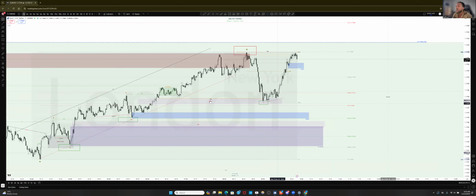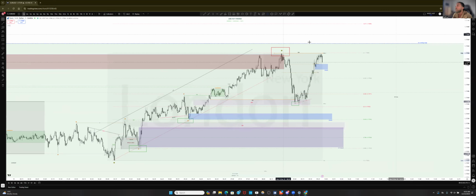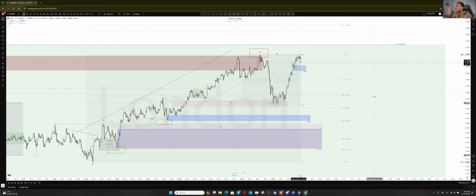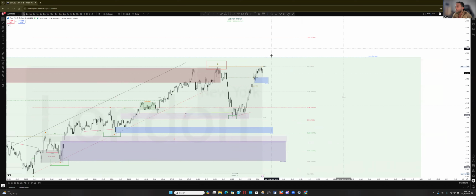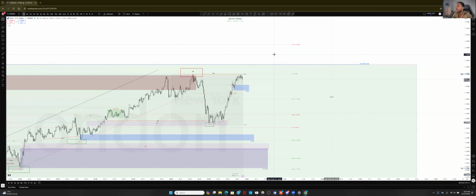But price came, took these equal lows, induced into this imbalance, and then pushed up again, reached this high. This is going to fail, probably inviting early sellers once again. Might react from this zone here, did this inducement, and then push above. So let's see what we can get.